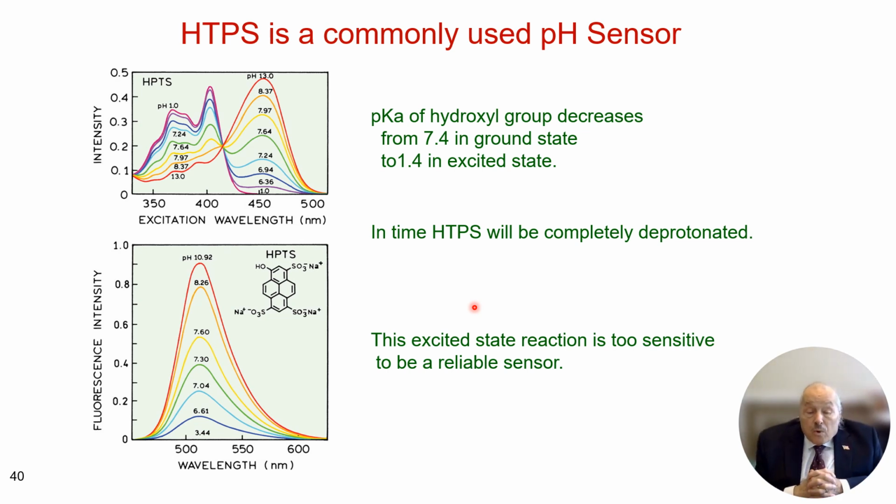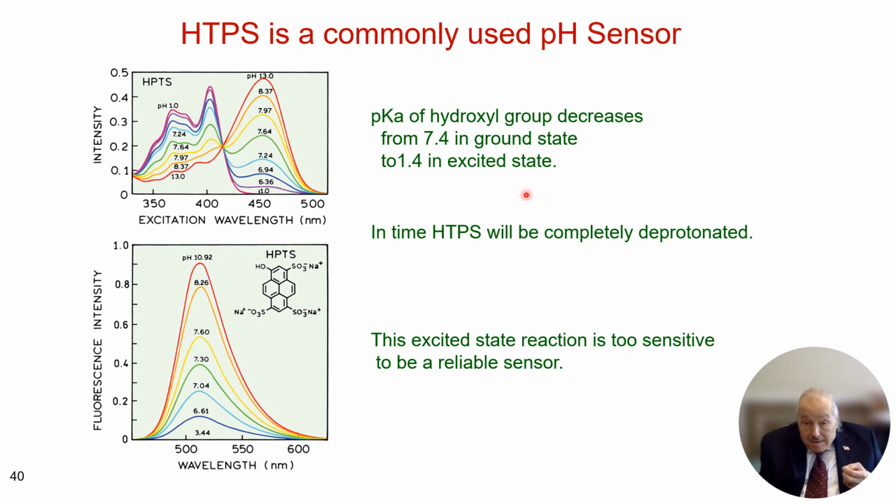I wanted to make this warning again. I made it once before. If you're going to pick a sensor, you want to pick a sensor that is sensing in the ground state and not in the excited state. And one of the most widely used sensors for pH has been HPTS. And the way HPTS works is there's a hydroxyl group here, and when you excite the pyrene moiety, the pKa